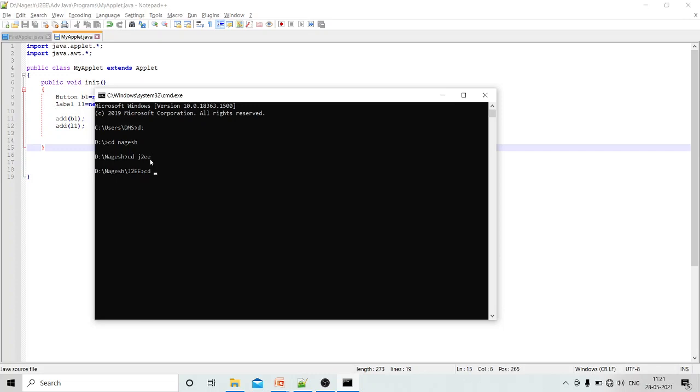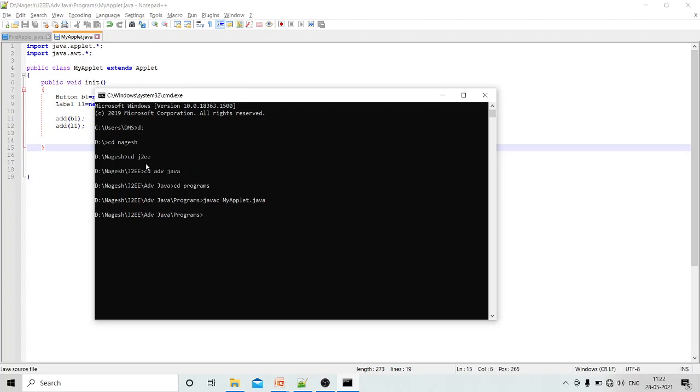I'm moving one directory at a time, or you can copy and paste the complete path if you want. Right now I am in advanced Java, and from advanced Java I'm moving to programs. So here is my applet program stored in the programs directory. I can compile it by using javac MyApplet.java. Okay, the program is compiled, you can see.